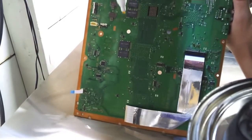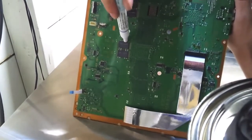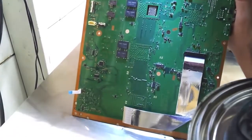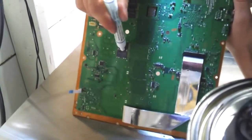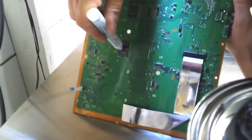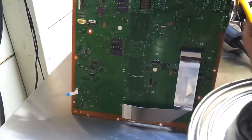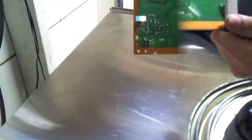Right about here where you get really tired of holding the pen. But also don't want to buy a new $200, $300 PS3. So we could just...